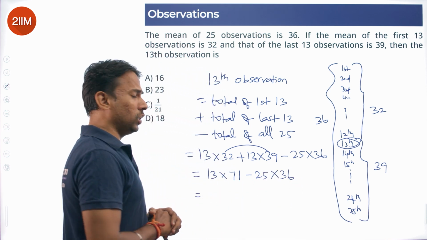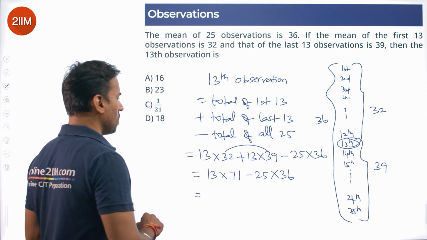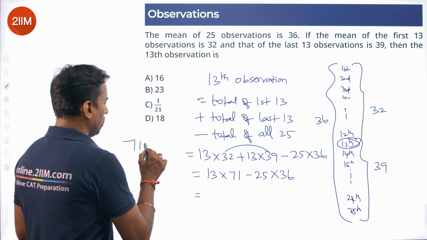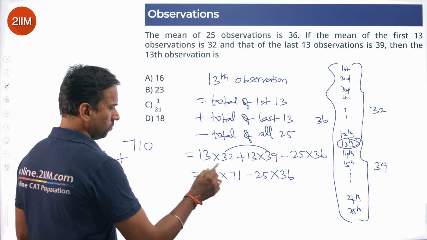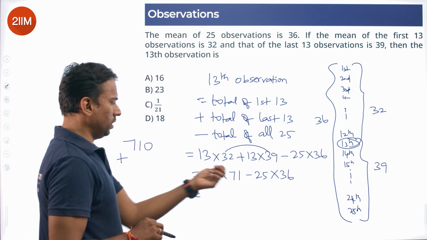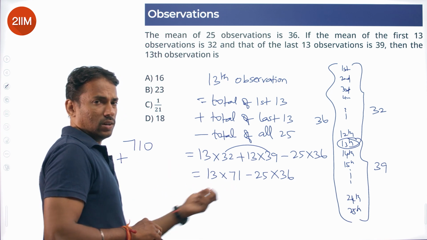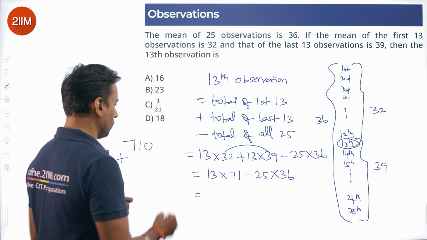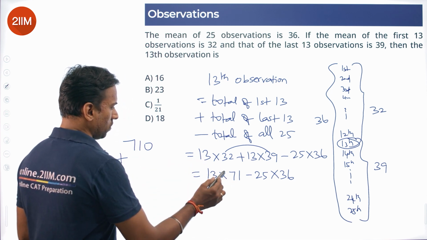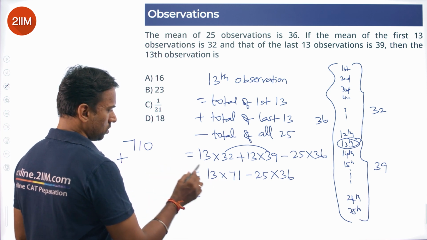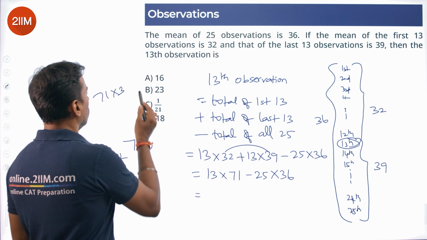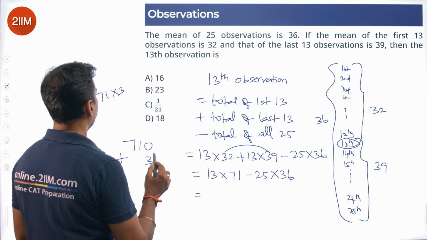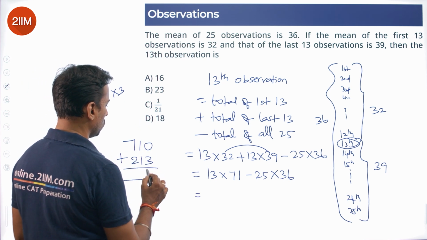So 13 into 71 is basically 710 plus 71 threes. 71 tens are 710, and 71 threes are 213. So we get this to be